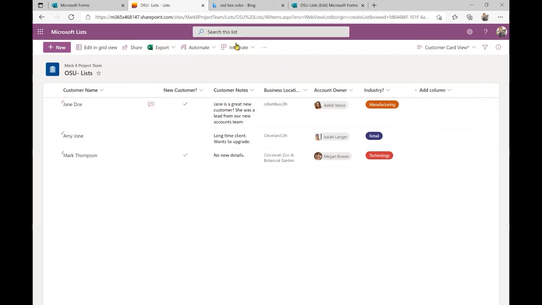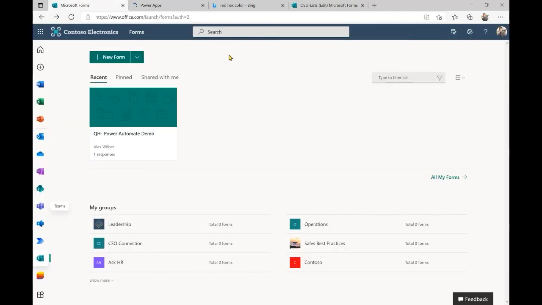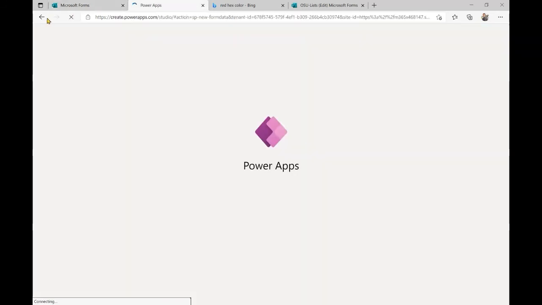Okay. If you want to integrate these into Power Apps, you'll choose integrate, you'll select Power App, select create an app or customize forms, and then you'll be able to connect these to those things and have it automatically build that out for you. Oops, let me go back here. We don't want that. But we are pretty much out of time.